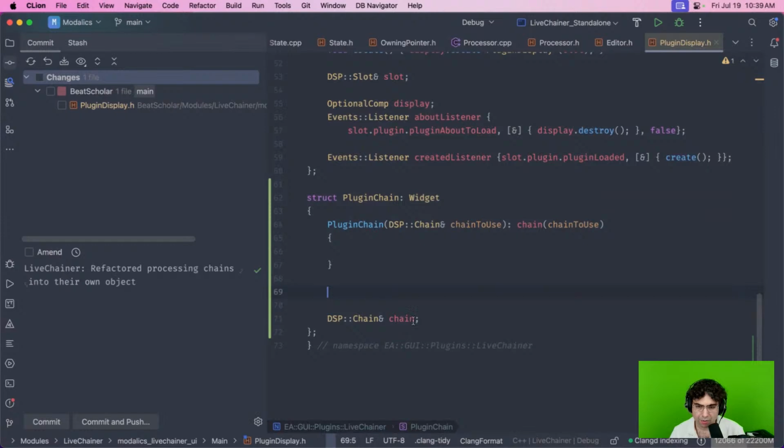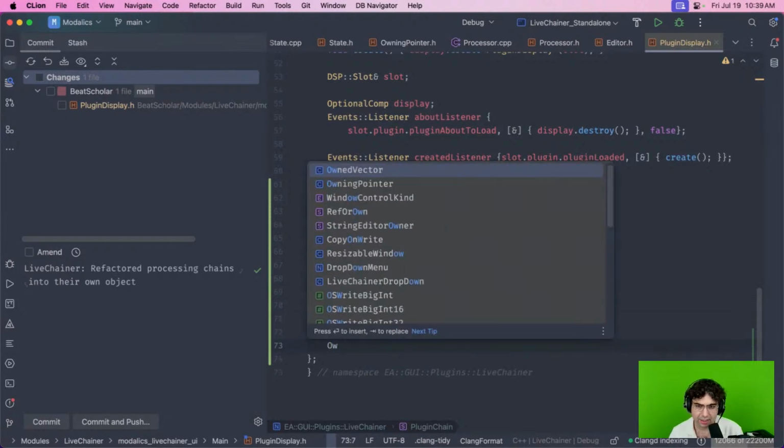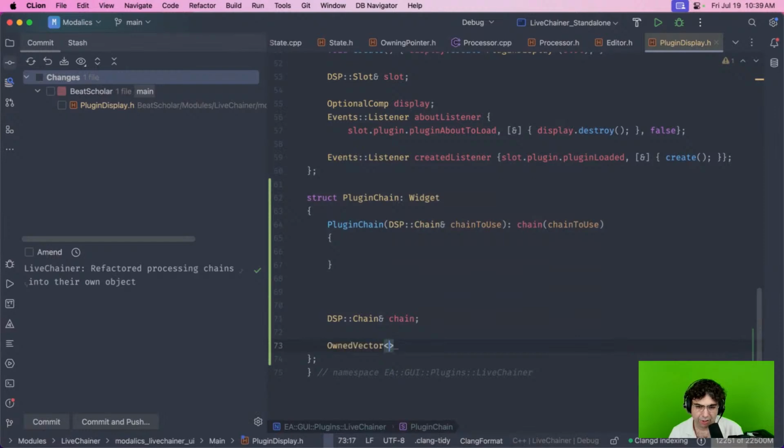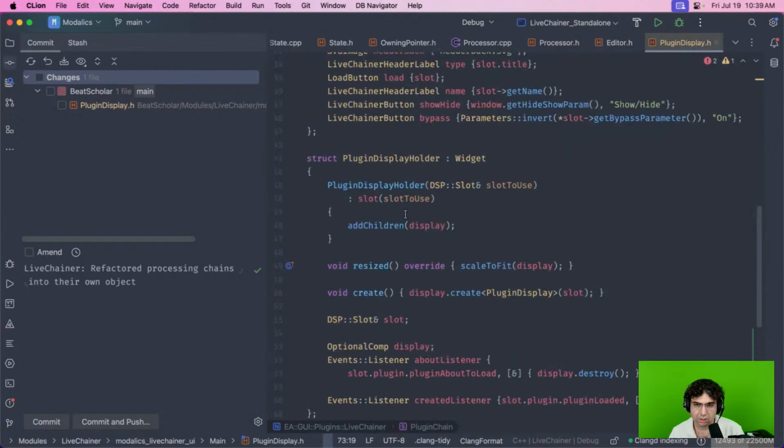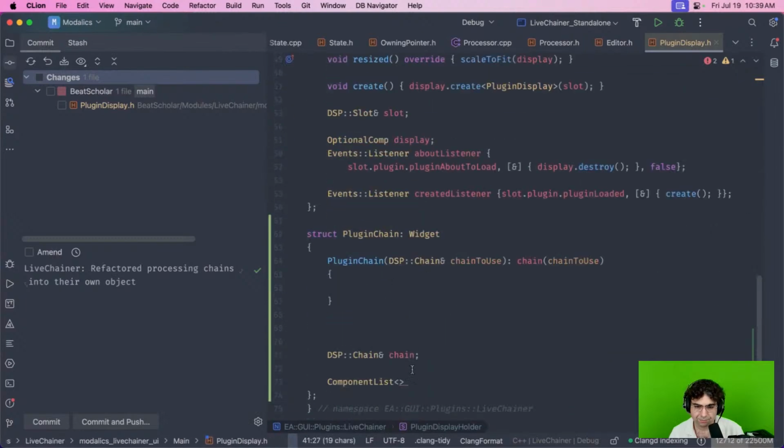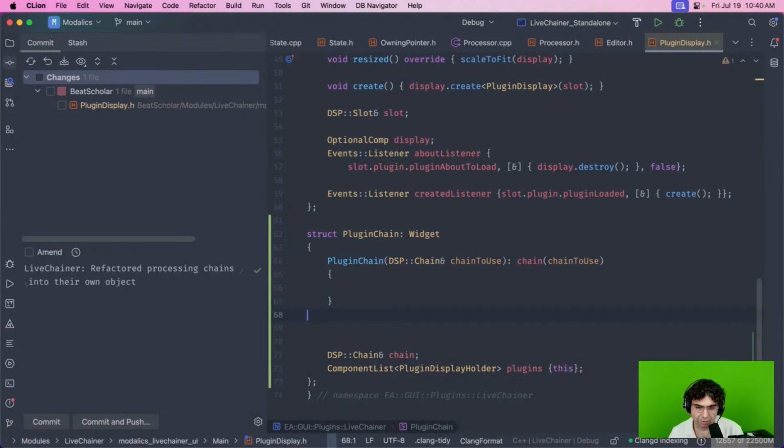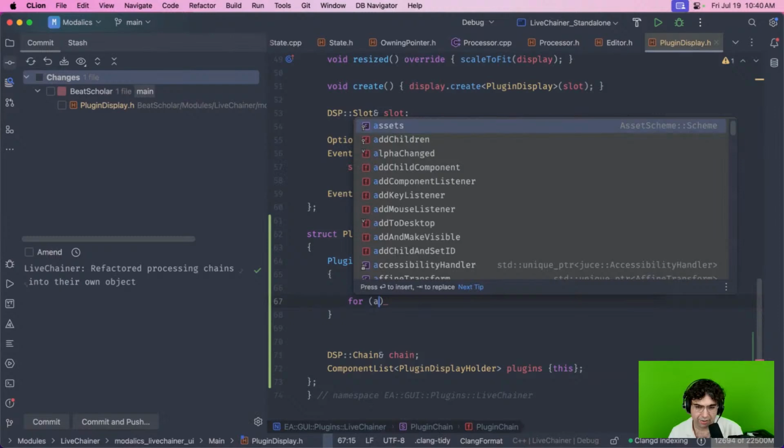And so there's actually a vector here. Sorry, it's not a vector, we call this component list, a list of this thing, the holder. Plugins takes this in the constructor, and then when I initialize this, I do